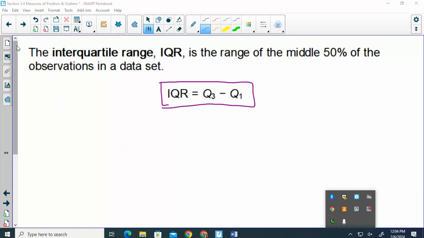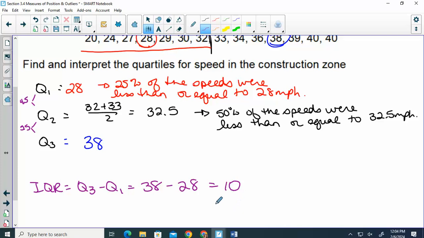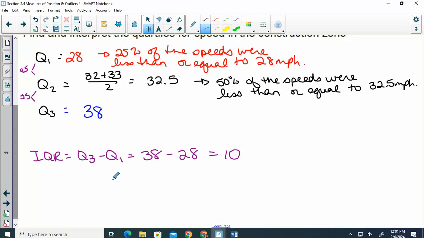So if we wanted to go back and find the interquartile range for our example, IQR is quartile 3 minus quartile 1. So that would be 38 minus 28, which is 10. What that tells us is basically